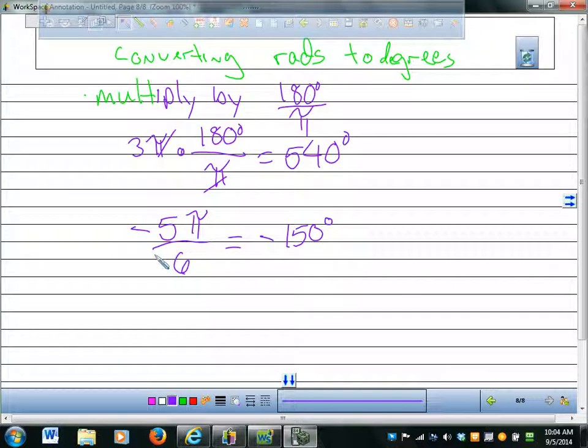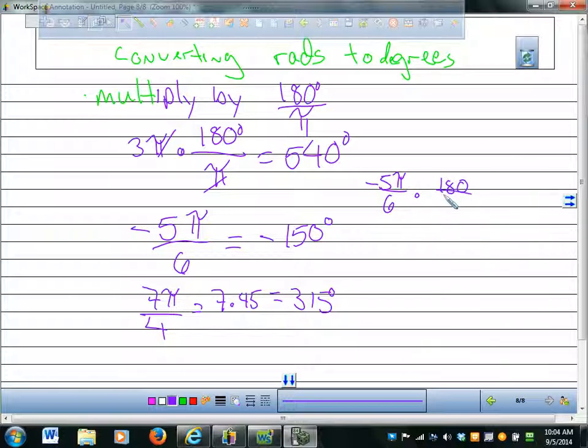So if you think about it in terms of pi's, it's kind of quicker to do. You see, so what if I did like 7 pi over 4? How much is a pi over 4? 45. What's 4 times 45? 180. So that's kind of a harder one to do, but you'd have 7 times 45, which is 180 plus 135. What would that be? 315.